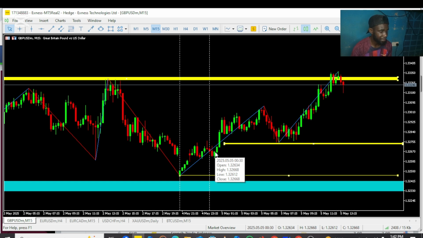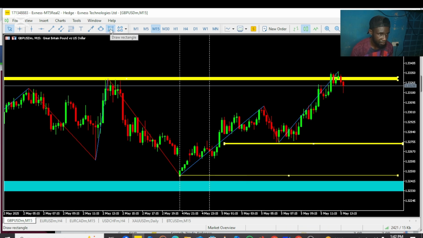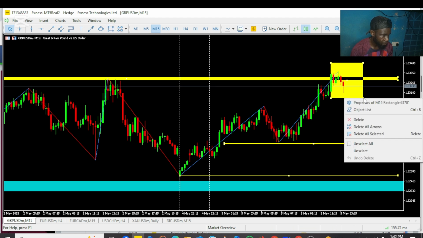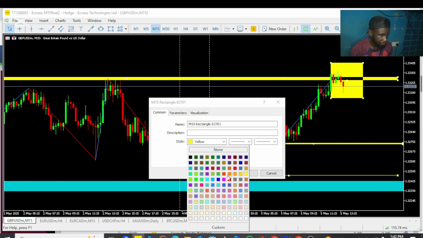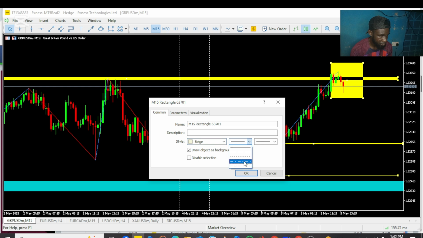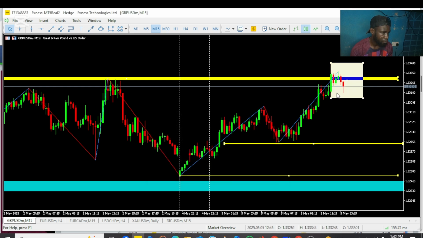So what we are expecting here before we execute a trade is price action over here, or a breakout,